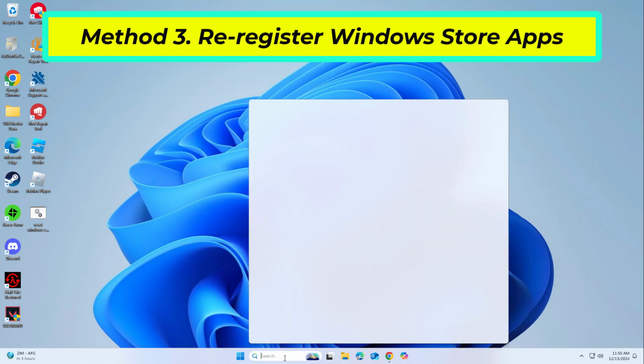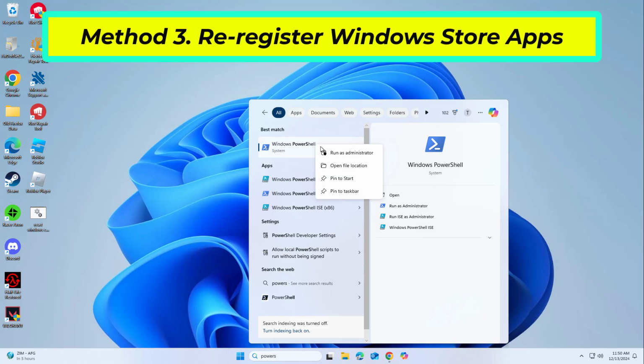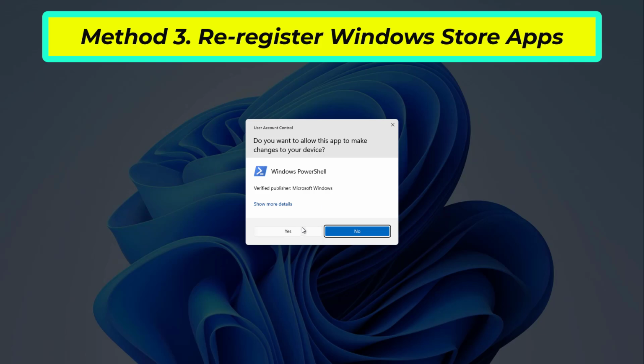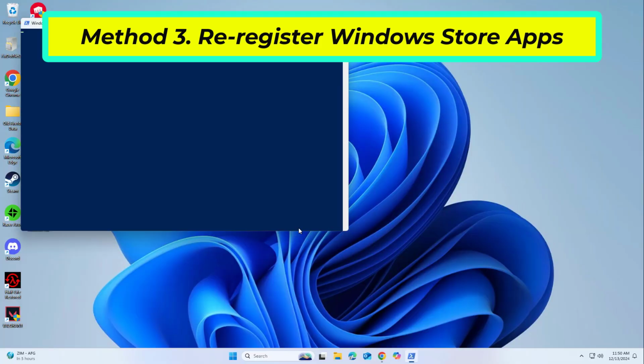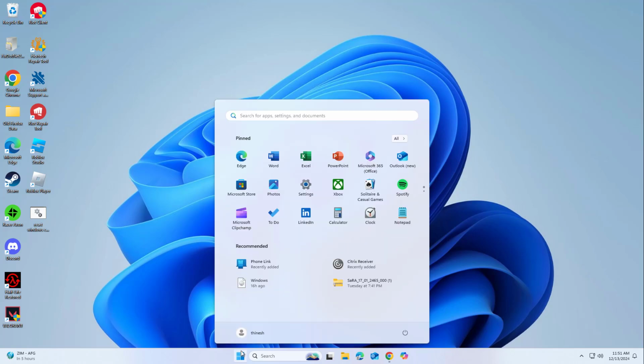Click on Windows Search and type PowerShell. Select Run as administrator. Copy and paste the command that you will find in the description of this video. Now restart your computer and try again and your problem should be fixed. If that didn't work,